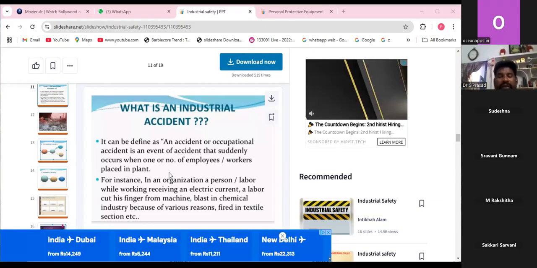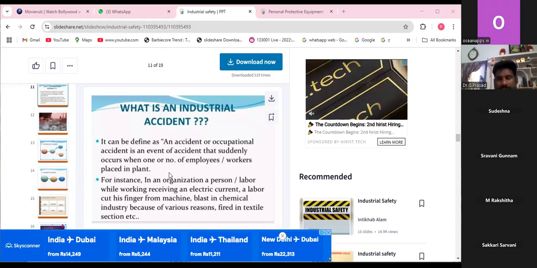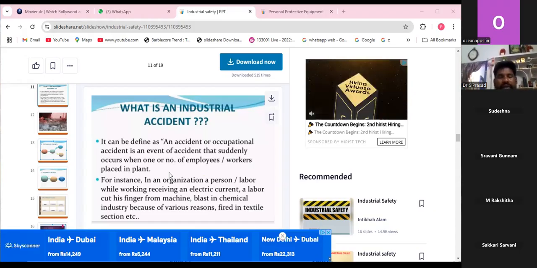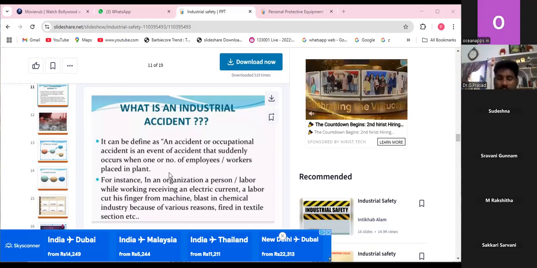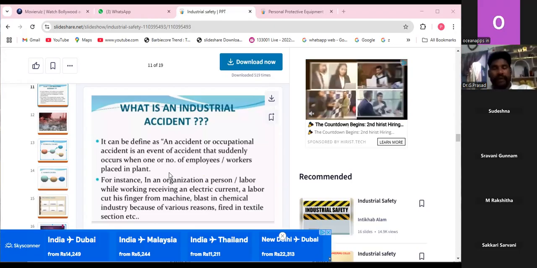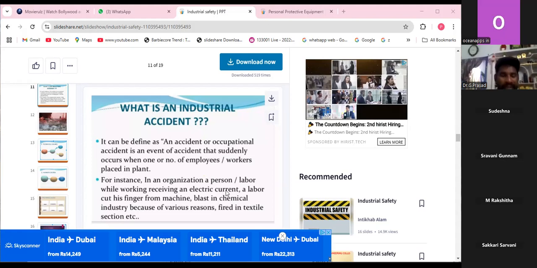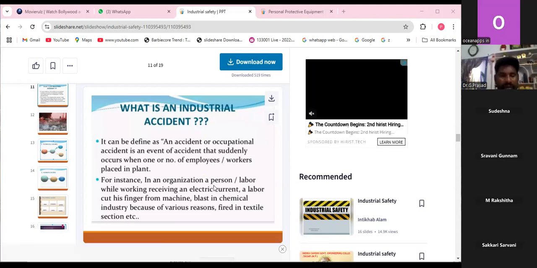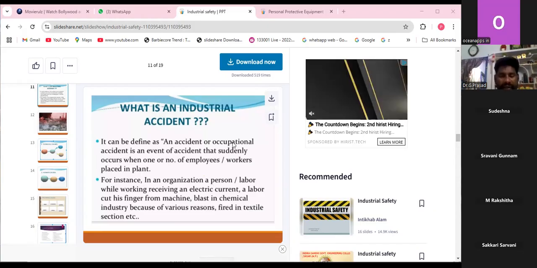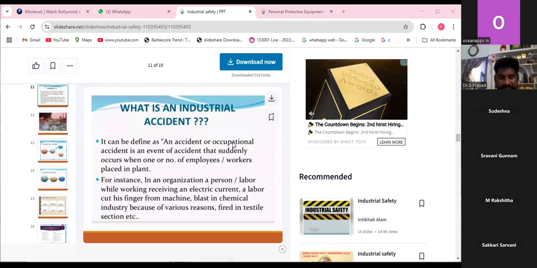What is an accident? An accident is nothing but something that suddenly happens. There is no particular reason behind it. So suddenly it happened. That is called an accident. For instance, in an organization, a laborer while working receives an electric current, a laborer cuts his finger in the machine, a blast in a chemical industry because of various reasons,